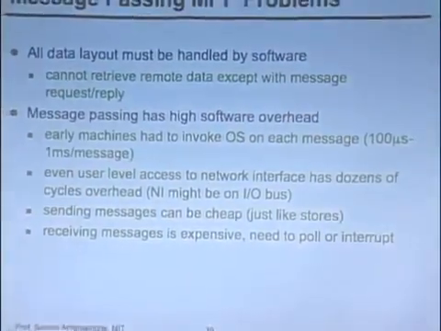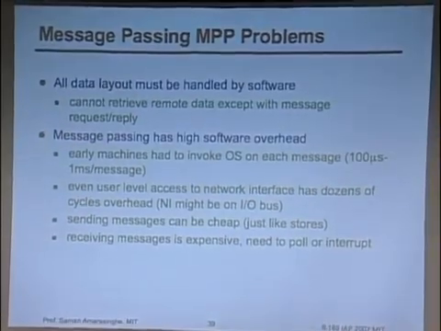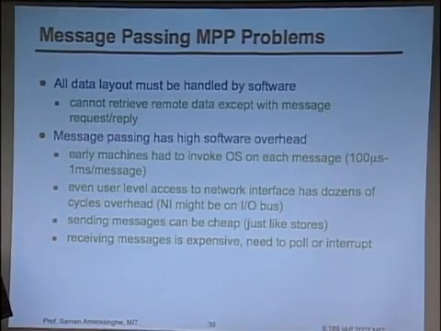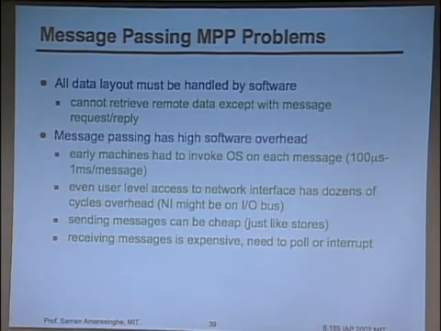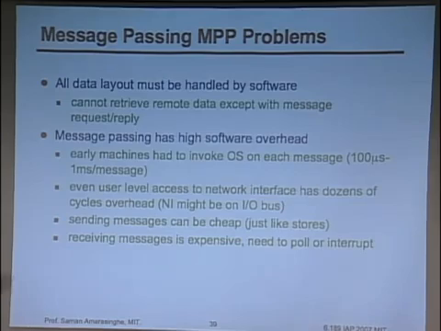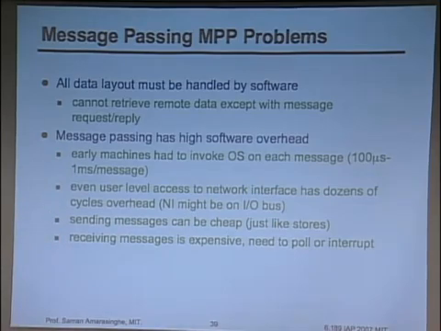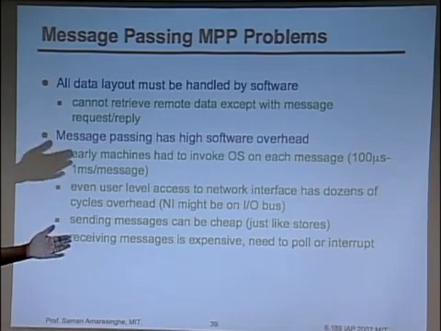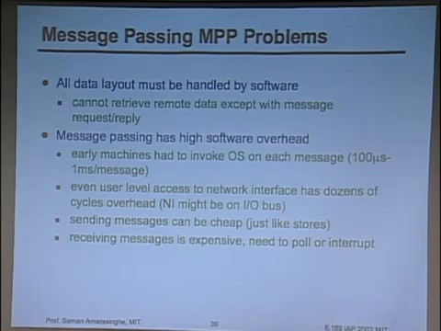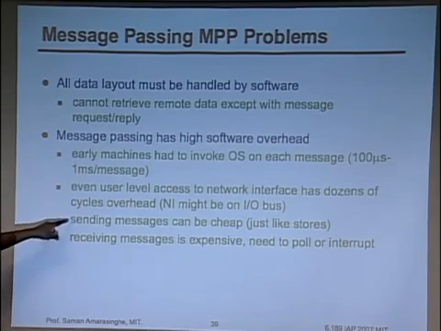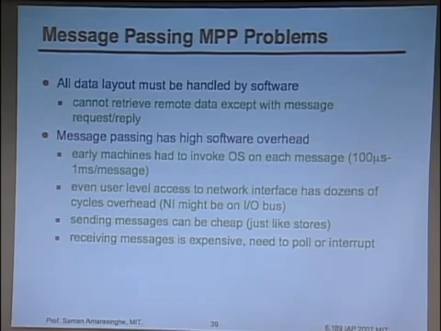And also, message passing has a very high overhead, because most of the time, in order to send a message, you have to invoke some kind of kernel thing. You have to actually do a kernel switch that will call the network. It's an operating system involved process, basically, to get a message in there. And also when you get a message out, you have to do some kind of interrupt or polling, and there are a bunch of copies out of the kernel. And this became a pretty expensive proposition. So you can't send messages the size of one instruction. You have to accumulate a huge amount of things to send out to amortize the cost of doing that. Sending can be somewhat cheap, but receiving is a lot more expensive, because